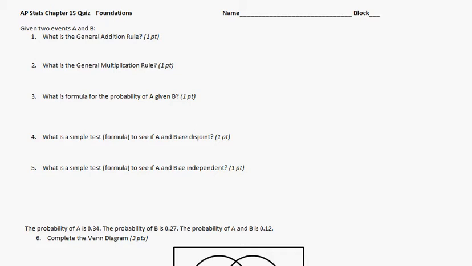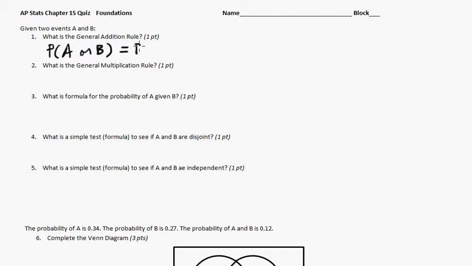This is the solution video for the first quiz on Chapter 15. So I'm just going to dive right in. The idea of this quiz was to see if you know the formulas yet and see if you can use the formulas. So the general addition rule is about "or", so it's the probability of A or B,